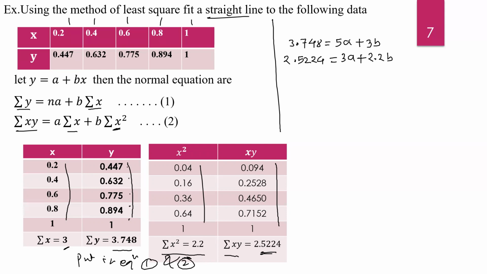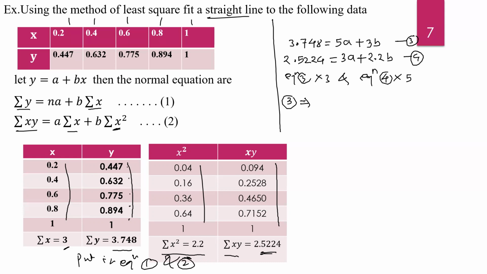Now here the coefficients of a and b are different. Suppose this is equation number 3 and equation number 4. We multiply equation 3 by 3, the coefficient of a in equation 4, and equation 4 is multiplied by 5, the coefficient of a in equation 3. So we get